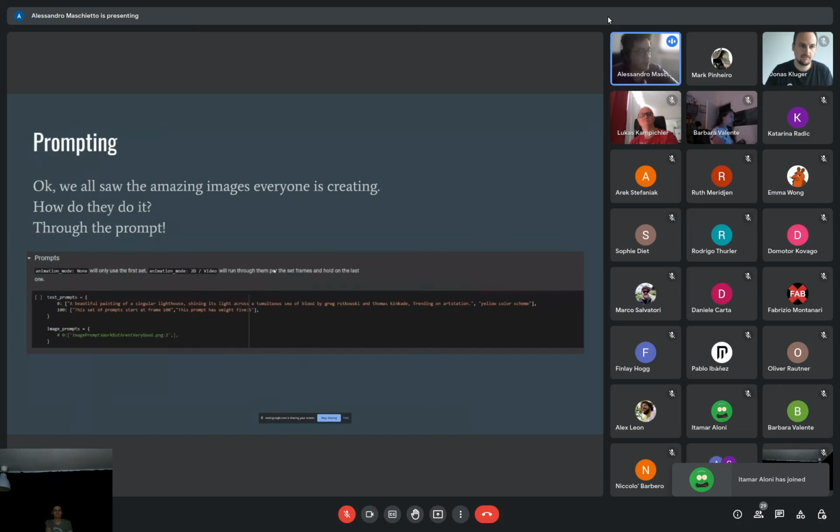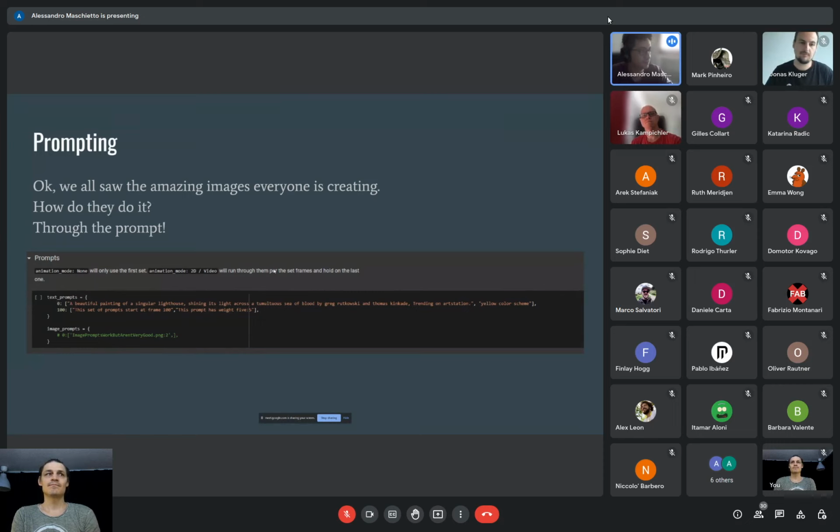Everything works via prompting. So you're talking basically to a stupid thing. It doesn't know what to do. You need to be as clear as possible, and you use the prompt. When you load up the Google Colab tab the first time, you will scroll down and see the field called prompt, and this is the default thing.